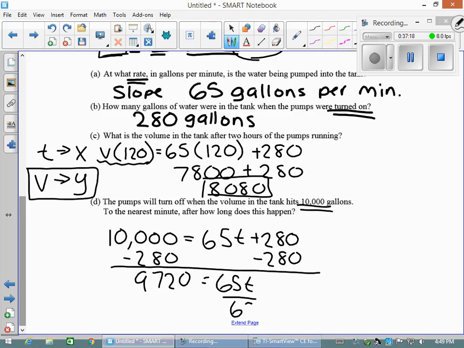So if we go back to our question, we see that they asked us to the nearest minute. So if we wanted to estimate this to the nearest minute, at 149 minutes, it's not quite going to be at the volume of 10,000. So in this case, we're going to have to round and say that our time is 150